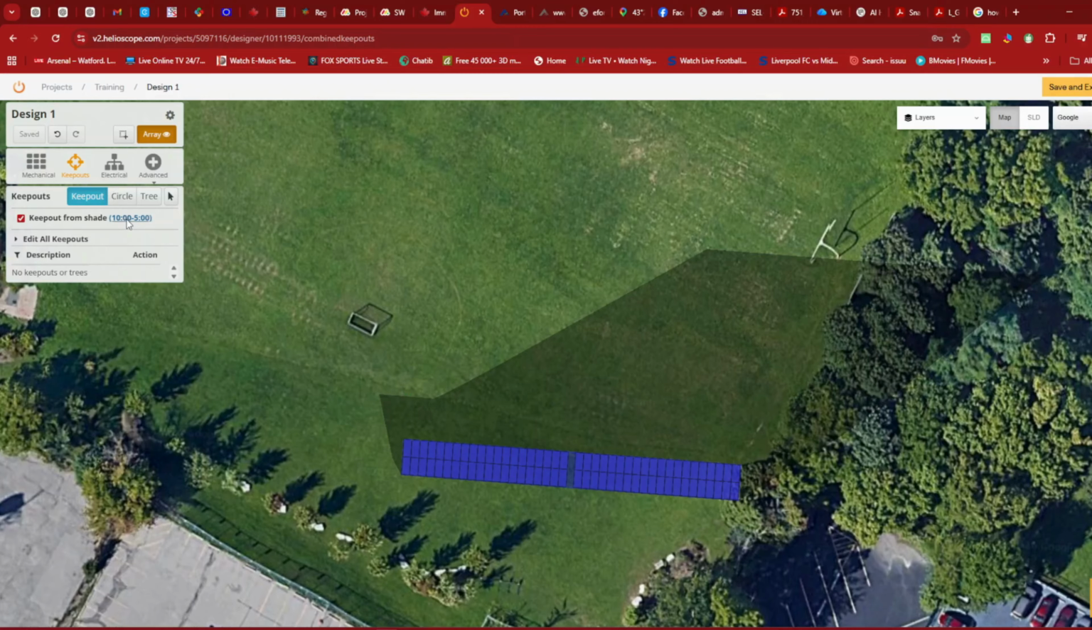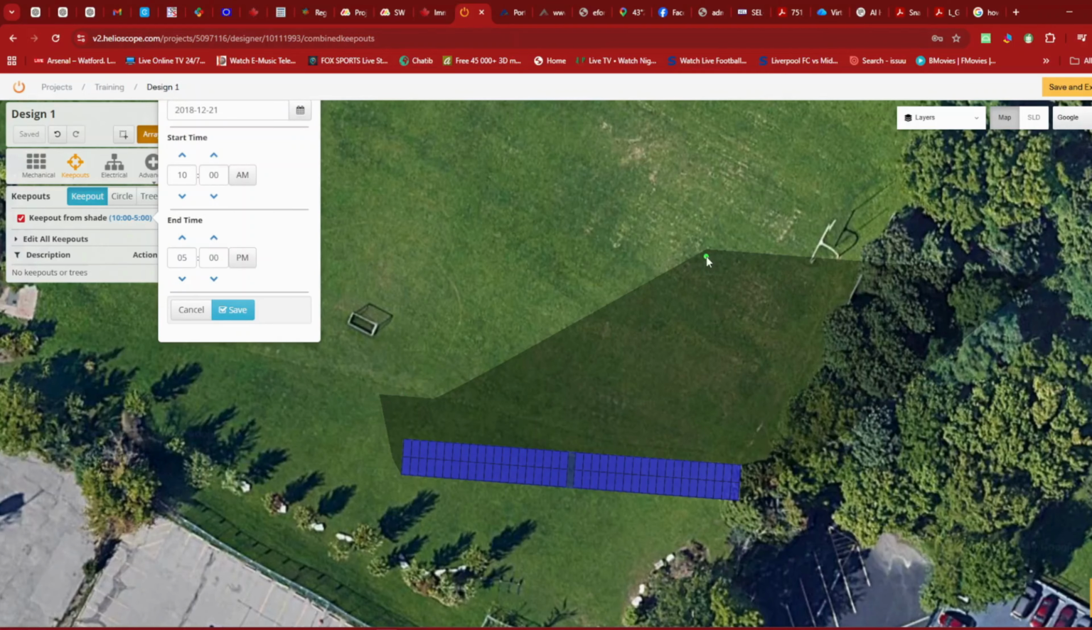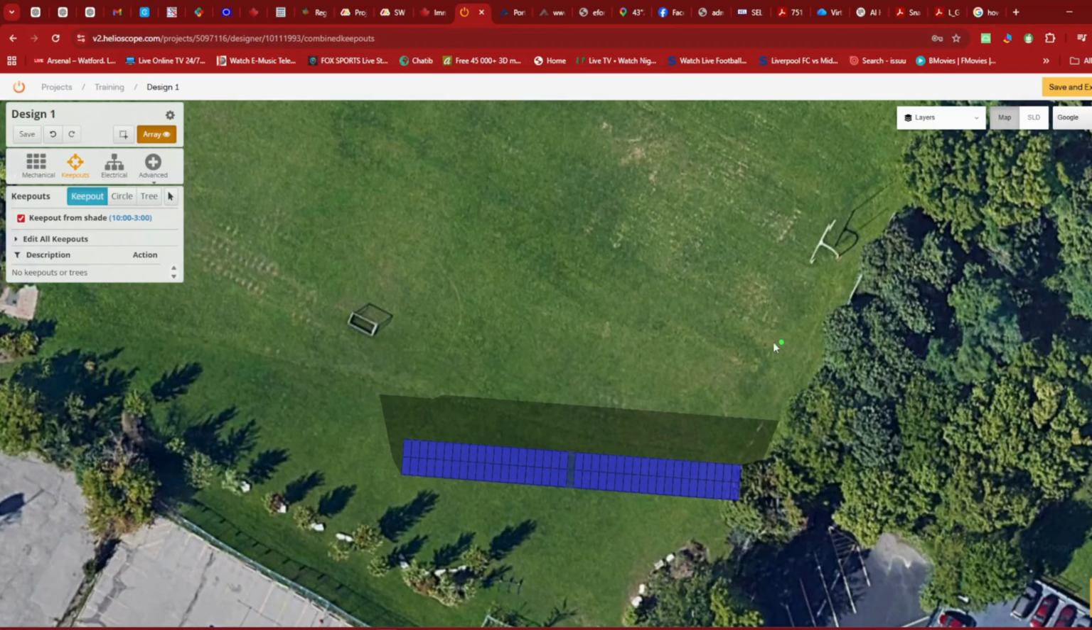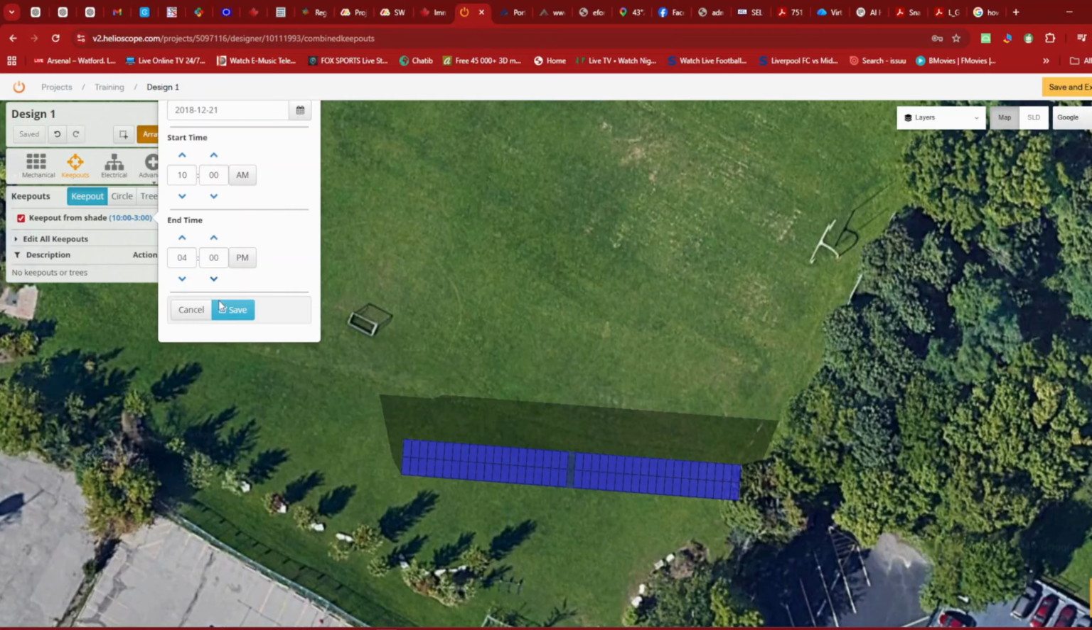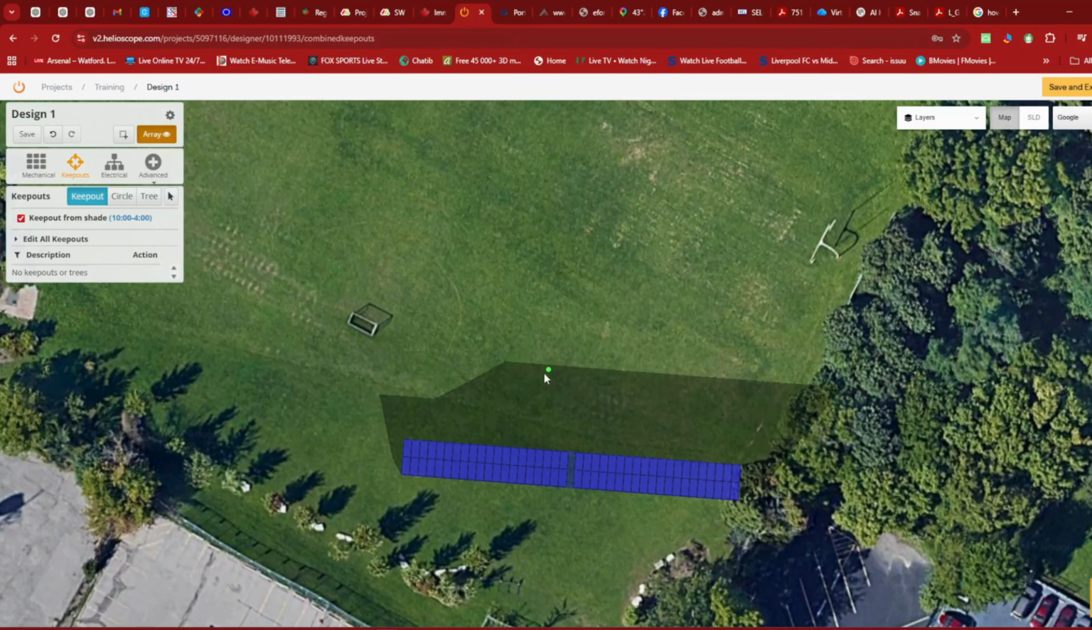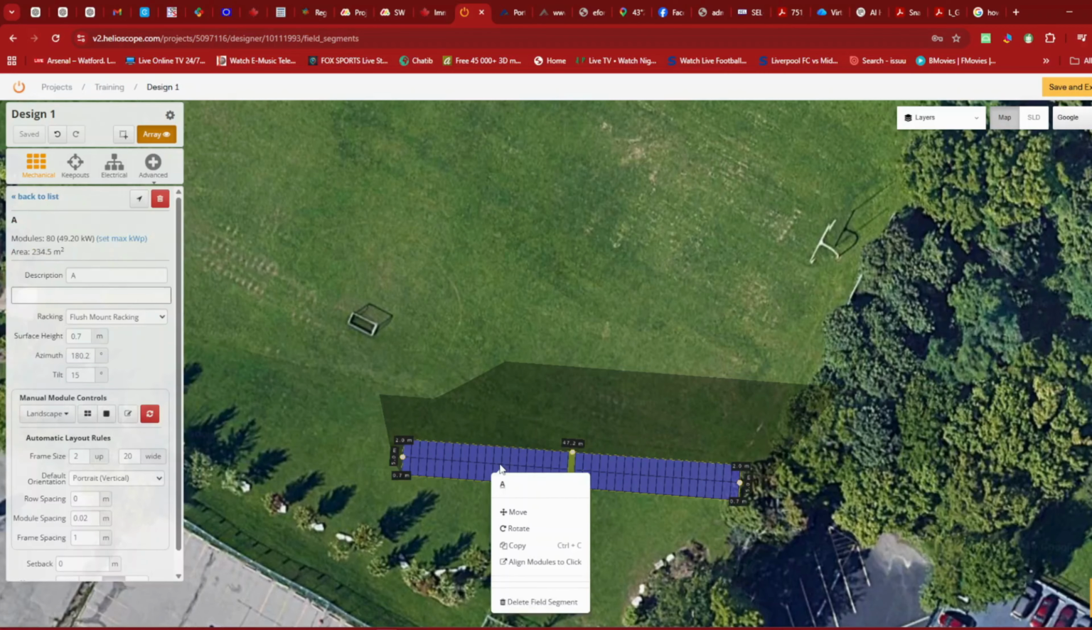So for me to know the time this is coming up, I need to vary. I went to keep out, then I went to keep out from shade, right? So if I reduce this, you can see that that disappears in 2 hours. So if I put 4, you see, but immediately you put 5 like this, it goes up. So if I want to place the next panel, I'll just right click,